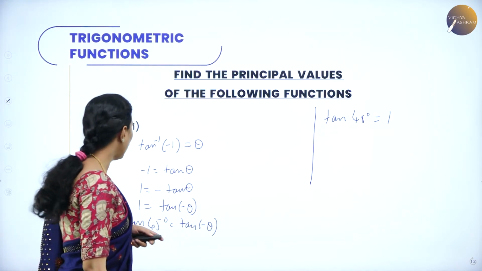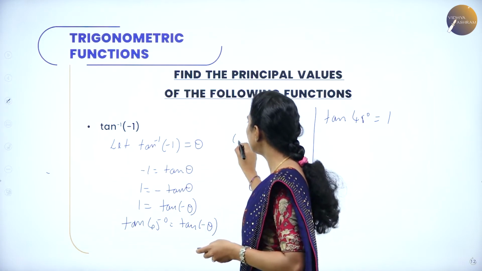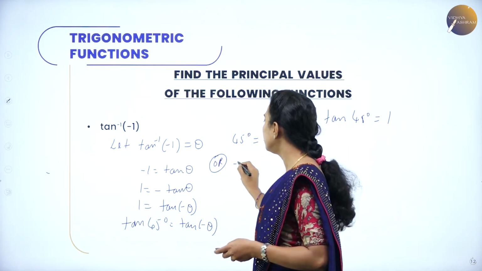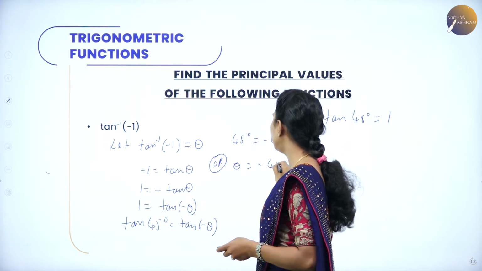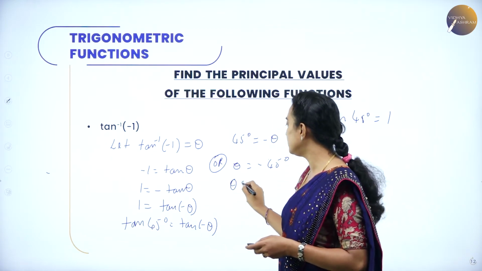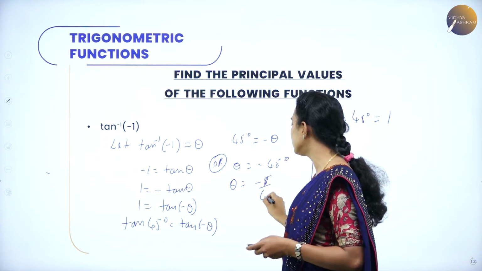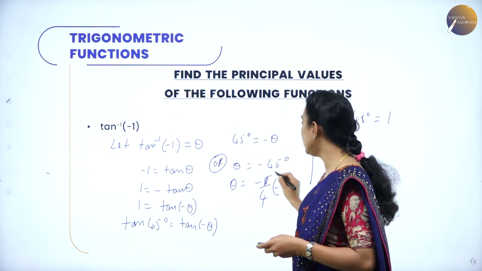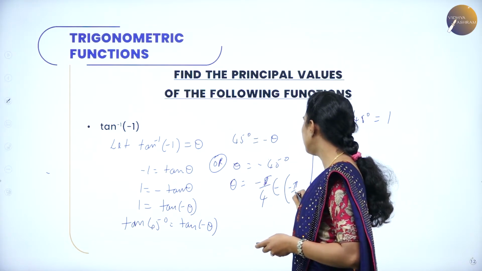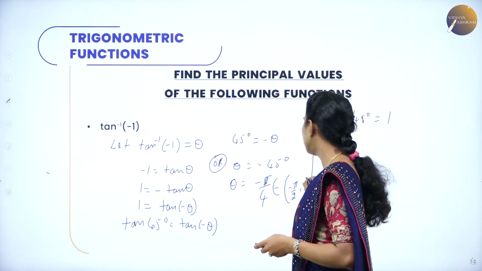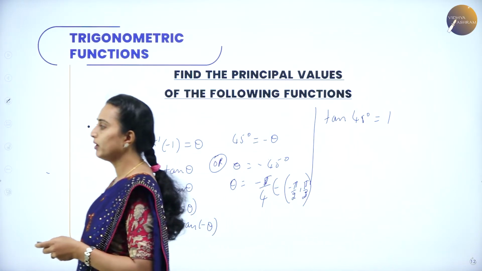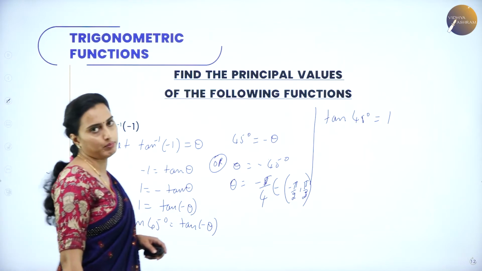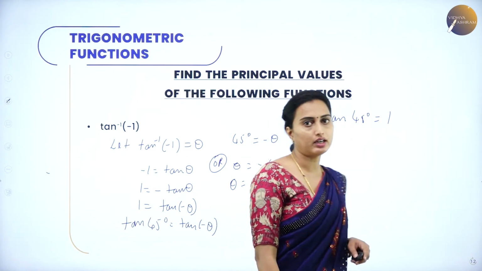Are you getting this? So, therefore, tan of (45 degrees minus theta) means 45 degrees is equal to minus theta, or I can write it as minus theta is equal to minus 45 degrees, or theta is equal to minus pi by 4, isn't it? Now, what is the range of tan inverse? The open interval minus pi by 2 comma pi by 2. Observe this one. This is very important. Minus pi by 4 is within the range of the open interval minus pi by 2 comma pi by 2. This is very, very important. Are you getting this one?